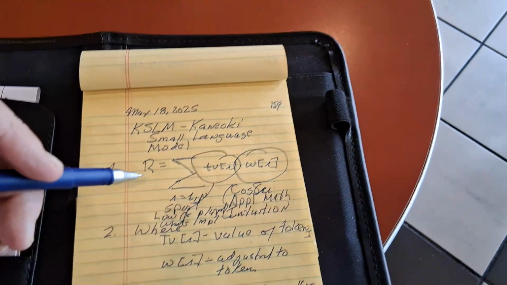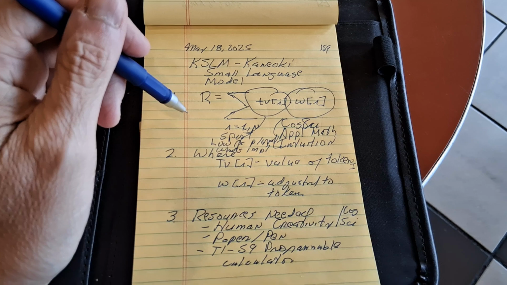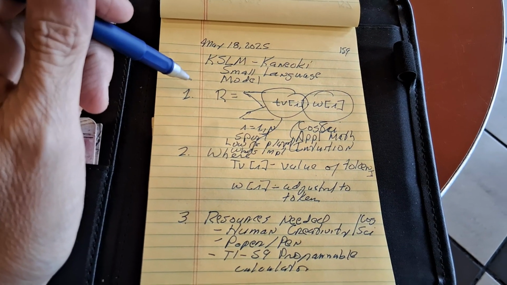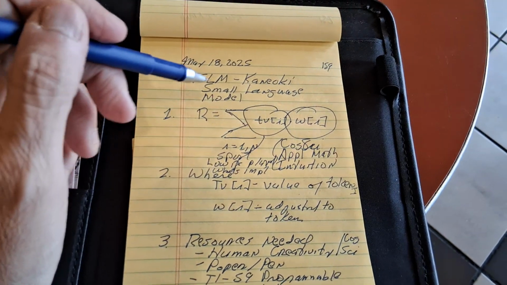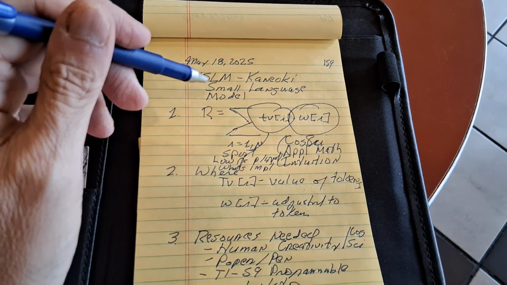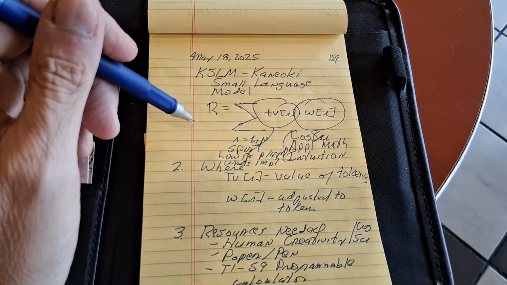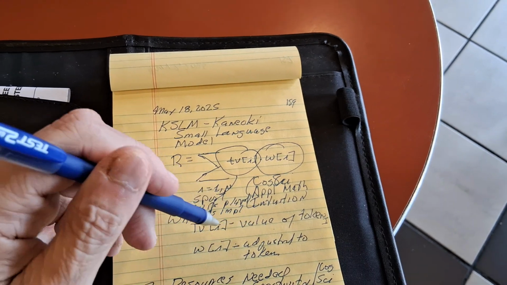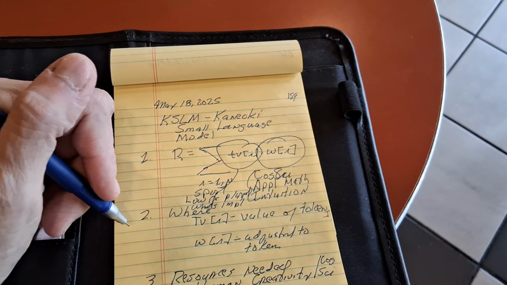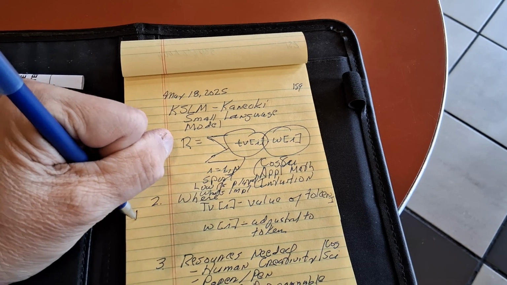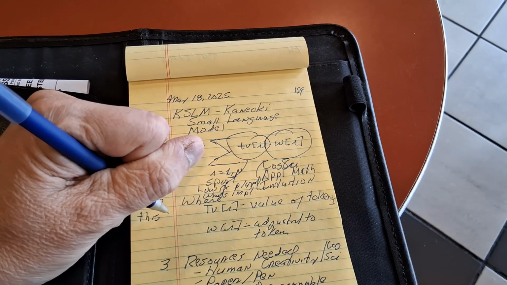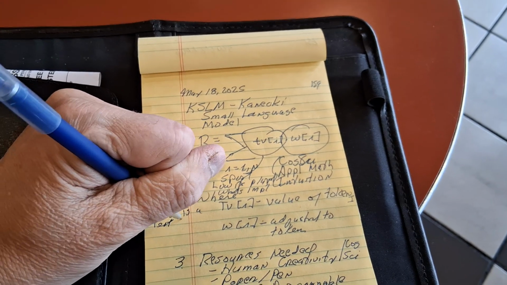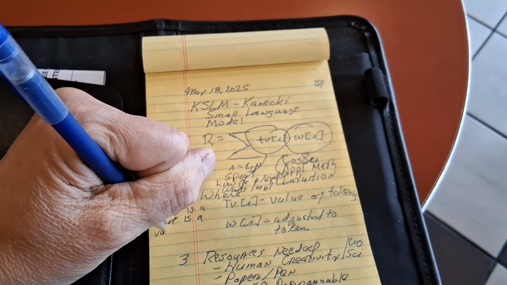Now using this method, this is how I developed ITS in 1989, except at that time I used an Osborne 1 with the code written in Module 2. But actually I could write this program, which I'll do is I'll write this in Lazarus because I prefer Lazarus over C#. And the values are value of the token. So like most language models, you'll have a token. Like for example, if you were to have a query like